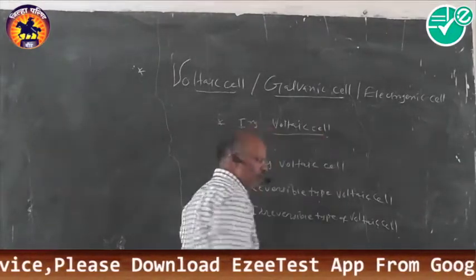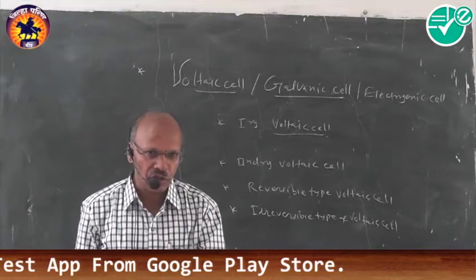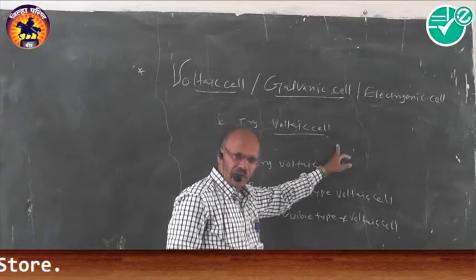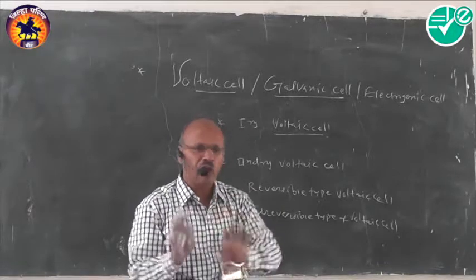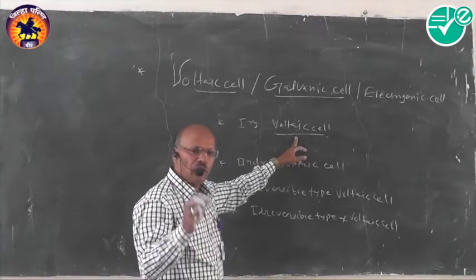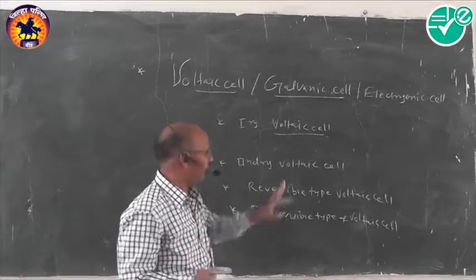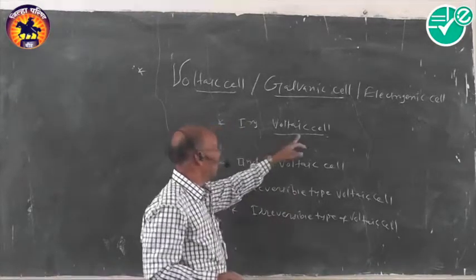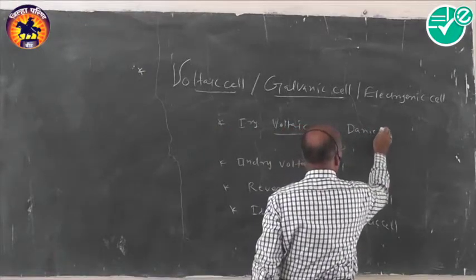Study first, what is the primary voltaic cell? The device which can generate an electric current on its own concentration without any external help. The same cell we call a primary voltaic cell. This is the cell which produces its own energy by itself without taking help of any other cell or device. Under this head, we have to come across the example as a Daniell cell.